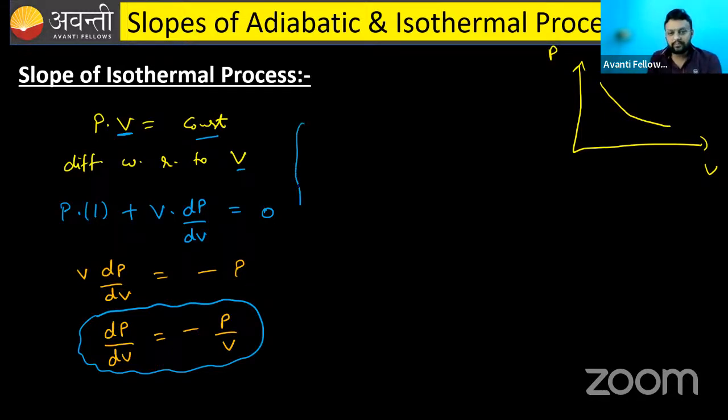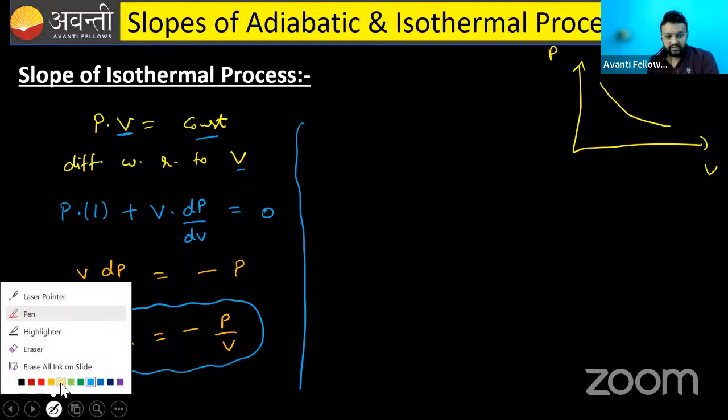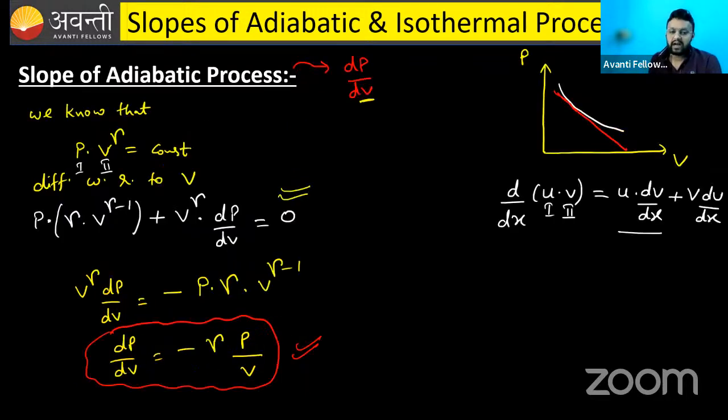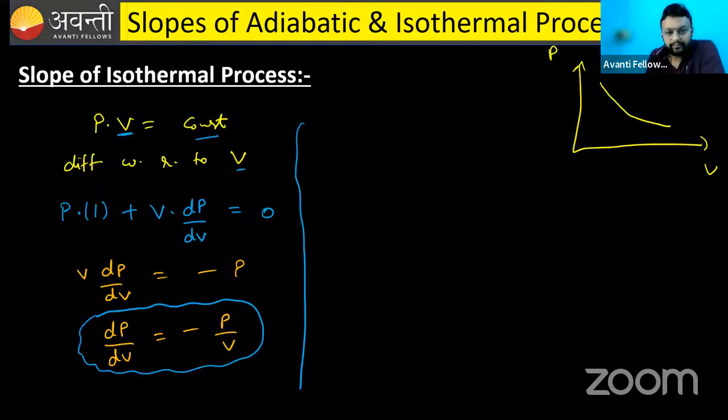What can you conclude from these slopes? You can see that if you compare the two results, slope of isothermal process is only minus P by V, and slope of adiabatic process is gamma times P by V. Can you conclude that? A conclusion thing, the punchline,